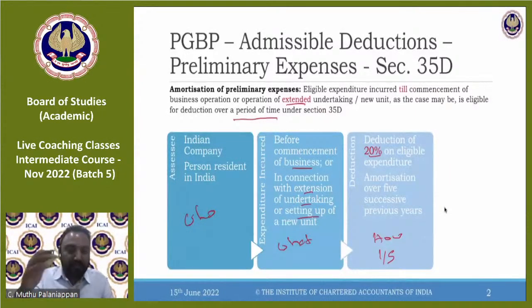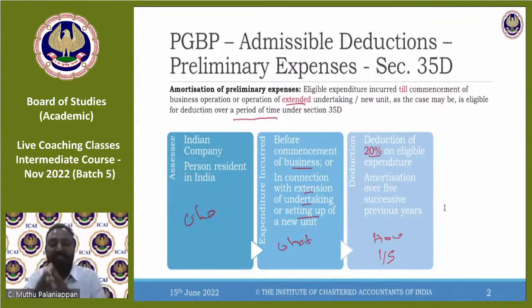Where did you remember 1/5? Some of you answered specifically on that 1/5 itself: Rekha, Himanshu, Akash, Neel, and Magadev Bharadwaj. All of you answered that it is the pre-construction period interest. The pre-construction interest is also a kind of preliminary, because it is before completion of the project. So there also the term is preliminary. Wherever we are calling this preliminary, we are saying you can claim it over a period of 5 years.